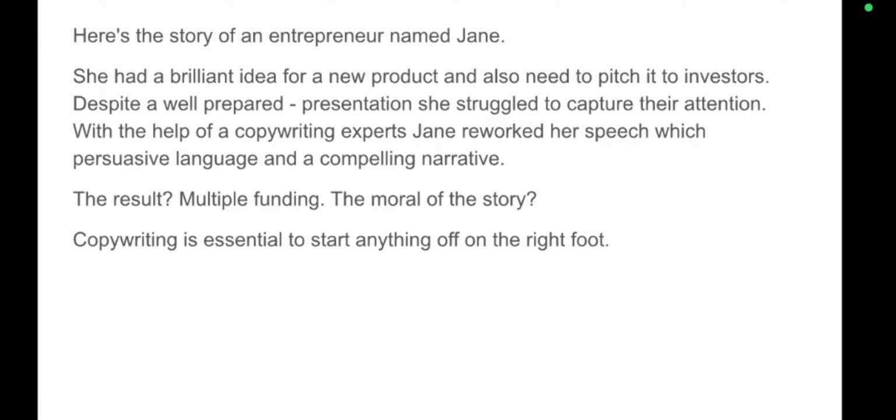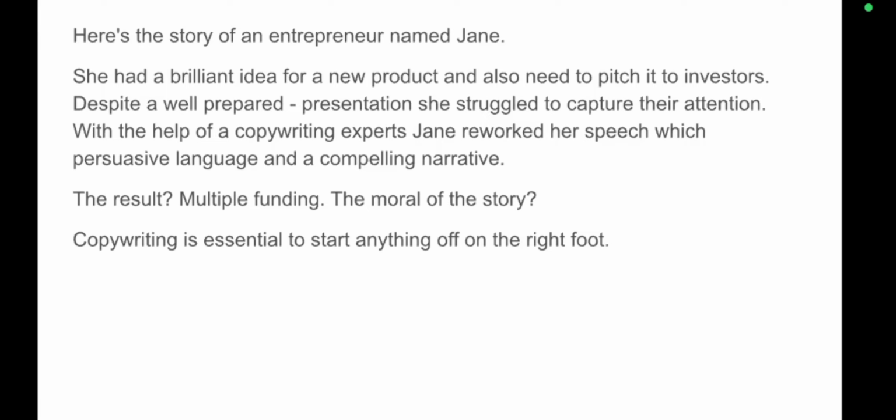Okay, now this is Jane in the same problem. She had a great idea, but capital is the problem to start, and now she wants to try and get investors. And getting investors, that means you need to convince them enough that something that's an idea in your head will become something that will be of a great profit in the future. Okay, so that requires copywriting skills.